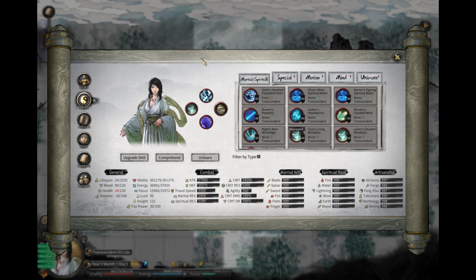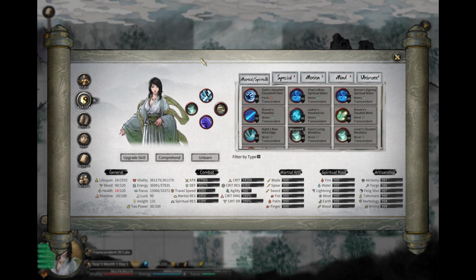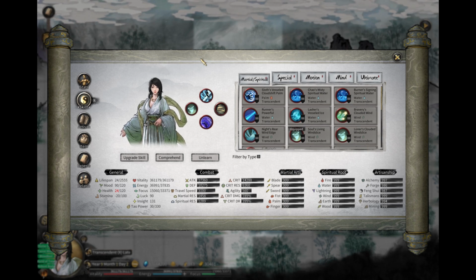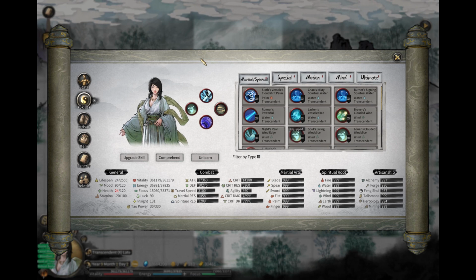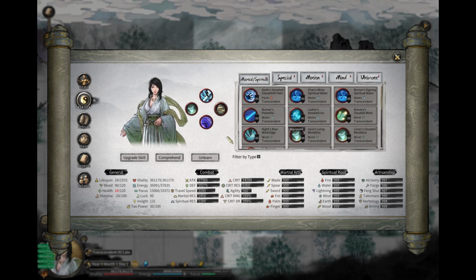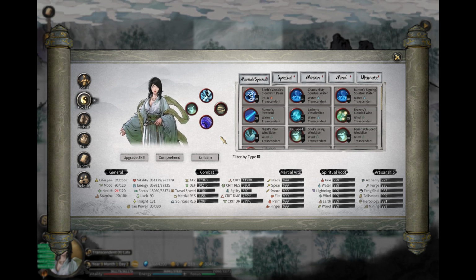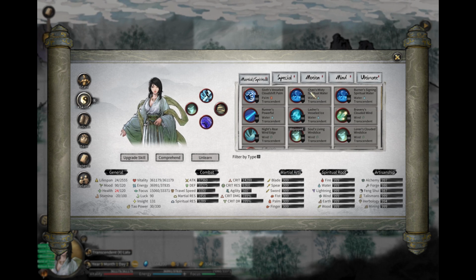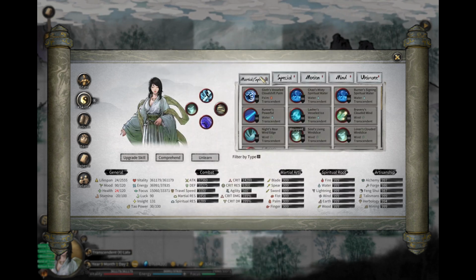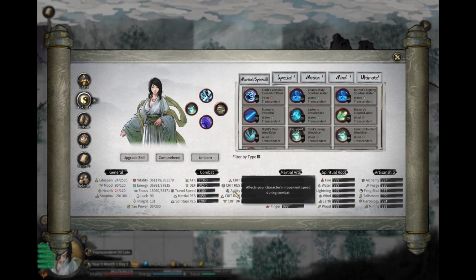Hello fellow cultivators, welcome to the last complete build guide for Tale of Immortal. In this video we are going to talk about the wind build. As usual, we will first describe in general what the wind build is focused on, or is supposed to be focused on. By doing that, we will talk about Whirlwind mechanics and these three special mind skills, and how the wind build is supposed to revolve around Whirlwind,